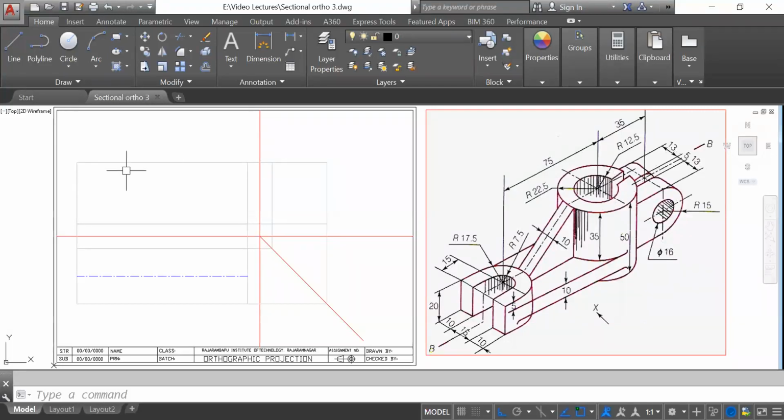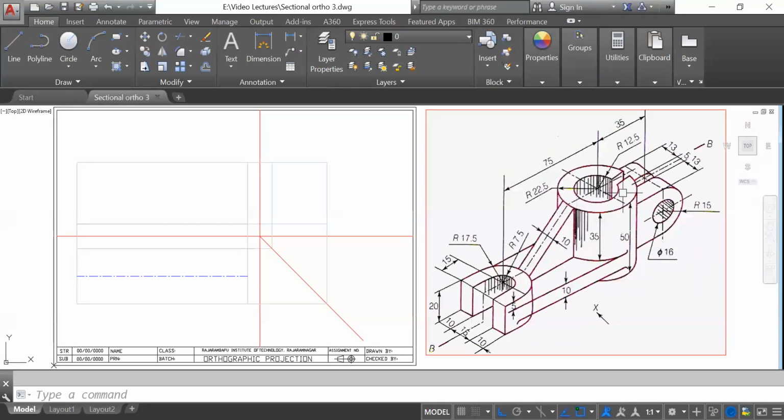According to that, I have created here blocks or the limits. If you see this, the front view is from this direction. I have to draw it here, and here it is a left-hand side view. It means that you have to draw it on the right side. Getting? Now we will start with the top view. Why? Because the most clearly visible circles are in the top view. So that part we are supposed to draw first.